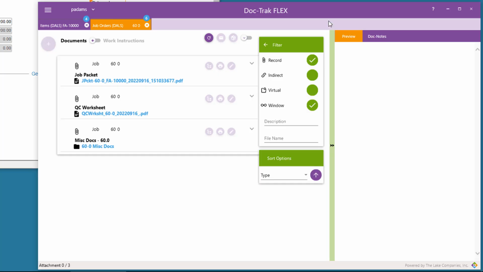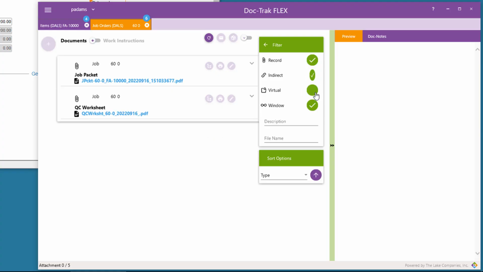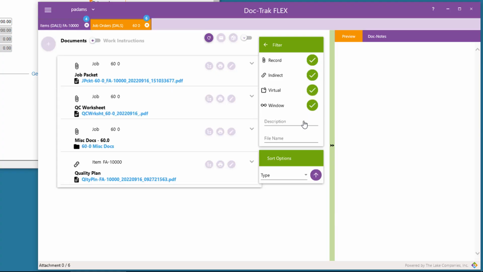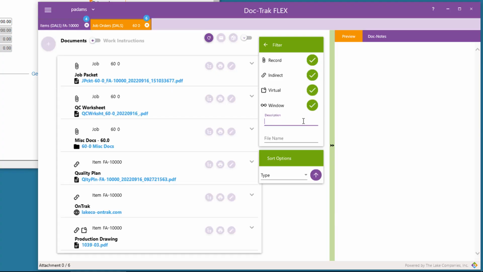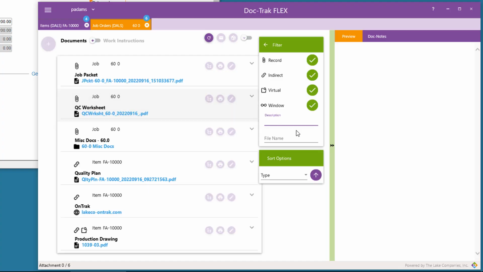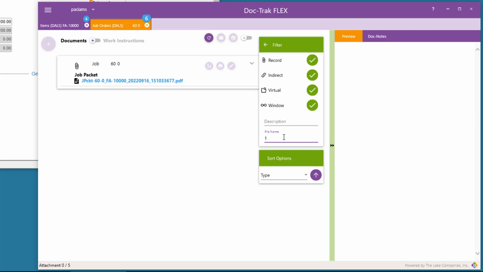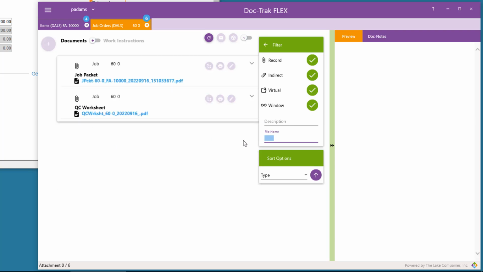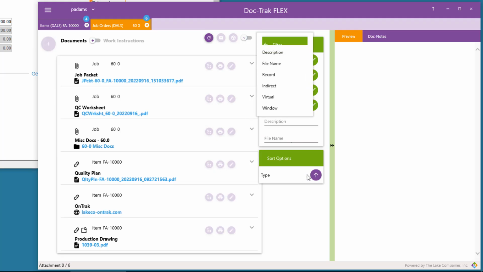That could be pretty handy, especially if the record has a lot of attachments. You can also filter by description or file name. And even change your sort order.